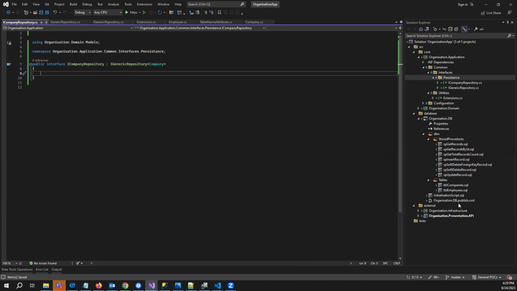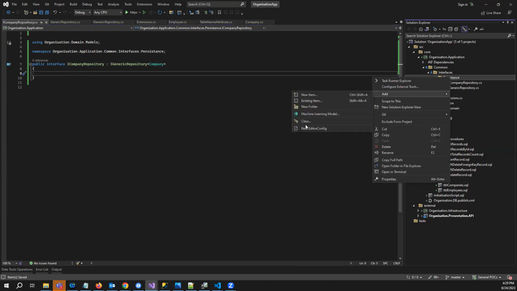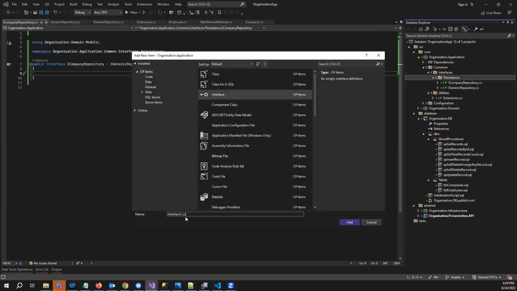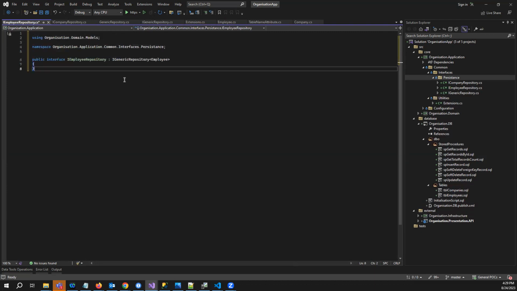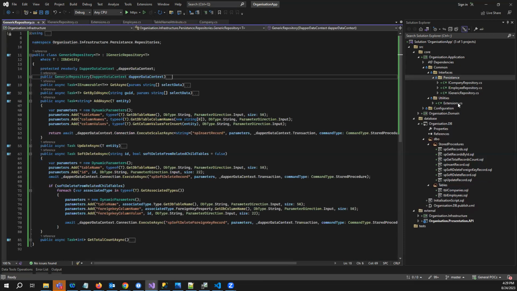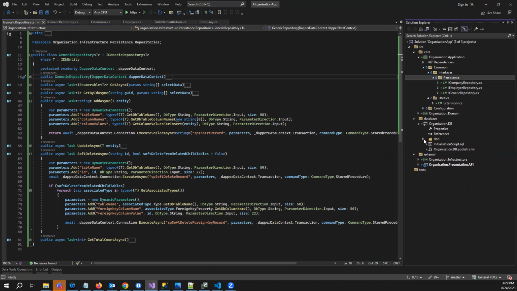And similarly, we will create one for employees. So let me create interface IEmployeeRepository. And also do the implementation for that. So I just delete this. And this will again inherit from IGenericRepository, but this time it will be of type IEmployee. So since we have now created the specific interfaces or abstractions for this, let's go ahead and create the concretions